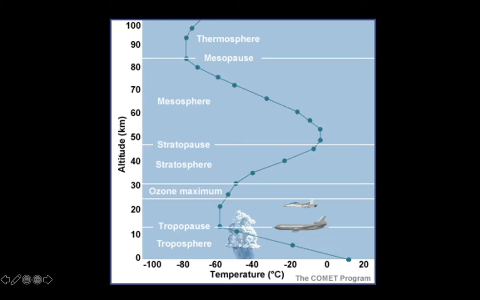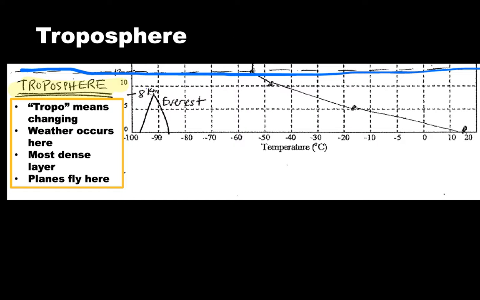So let's take a look at these different levels, because this is how scientists determine the different layers of our atmosphere. So the first thing I would like for you to do is draw a line straight across at about the 12-kilometer mark. Remember that at any point you may pause me or rewind to make sure that you're able to get your notes. I would also like for you to add at 8 kilometers, that is about the summit